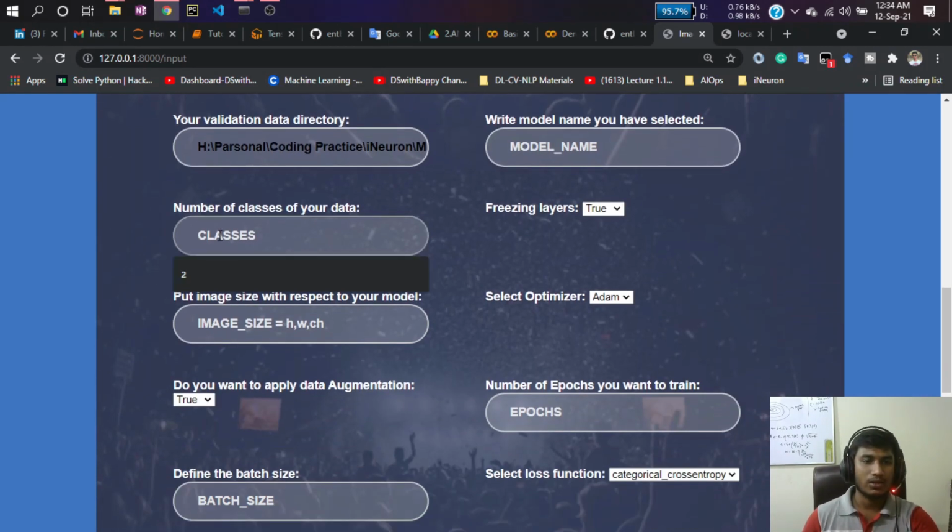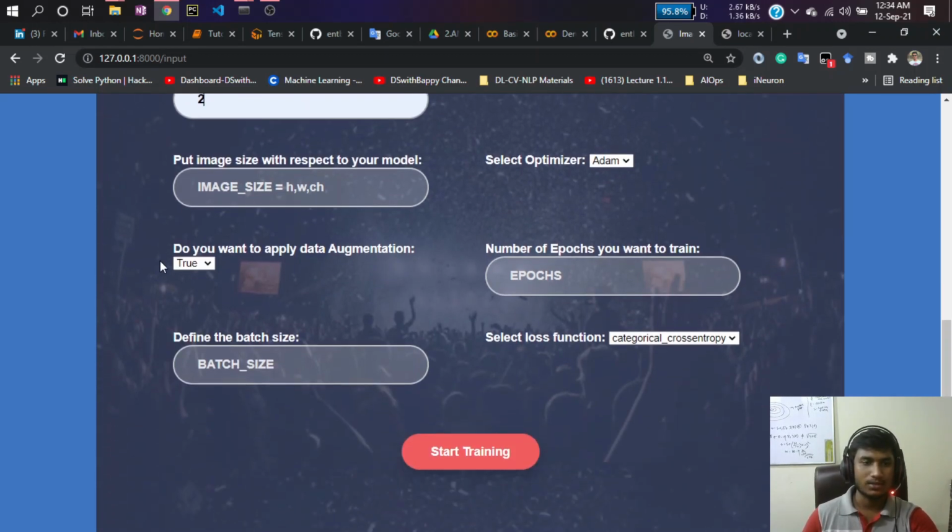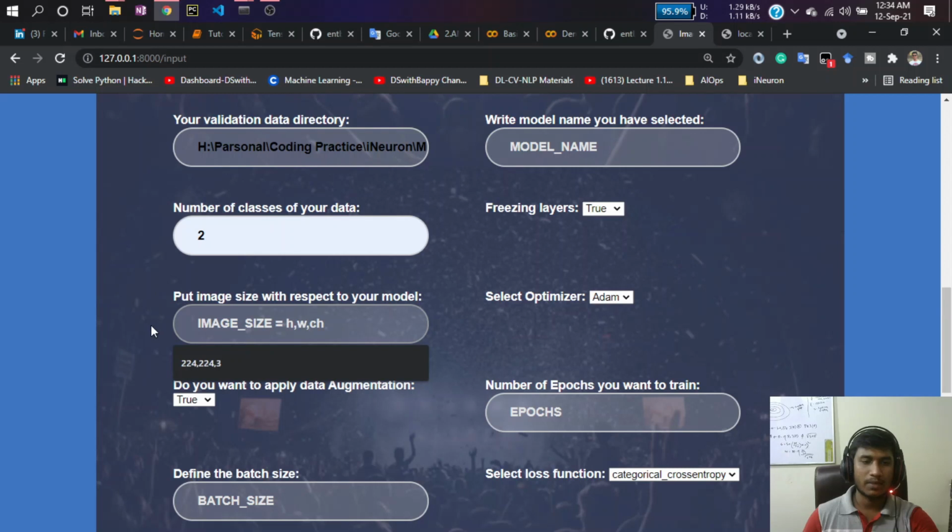Next, you have to define your classes, I mean, the number of classes present in your data. You have already seen in my directory there were two classes, one is cat and one is dog. Because we are using this dog cat classification, here I will just mention two because I have two classes. And here you have to mention